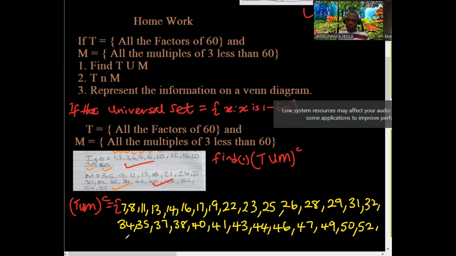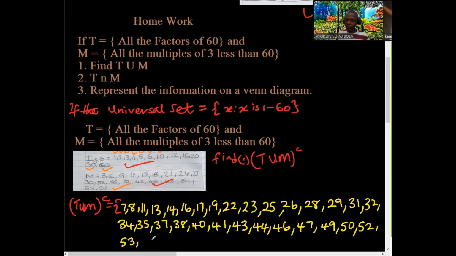So it's 52, 53, 54 is a multiple of 3, so 55, 56, okay? Is that clear? Yeah. 57 is a multiple of 3. What about 58? No. Okay. 58 and 59. But 60 is already present, okay? So can you see there are lots of elements from 1 to 60 that are not in the group,